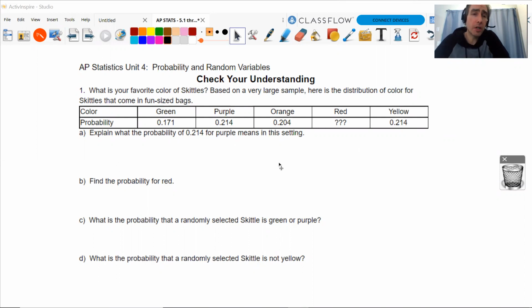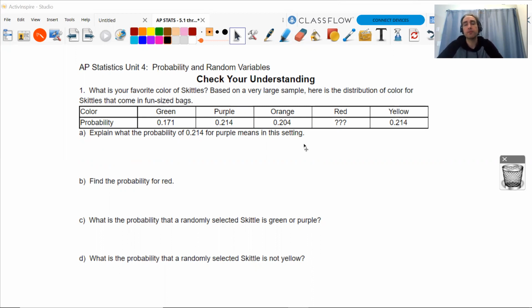All right, in this question here, we're talking about Skittles. So little fun-sized Skittle bags based on a very large sample. Here is the distribution of color. And you'll notice that, well, we're missing the red. So we want to know what we'll get that eventually, but explain what the probability of 0.214 for purple means